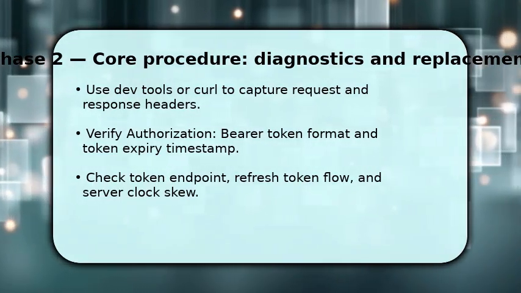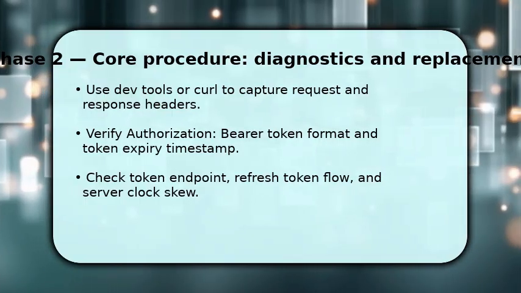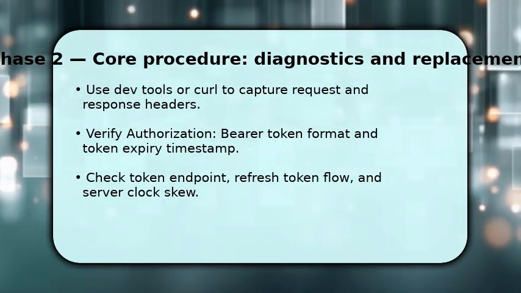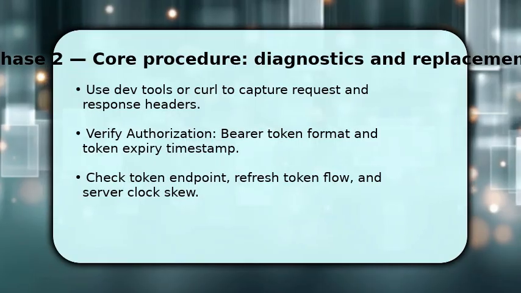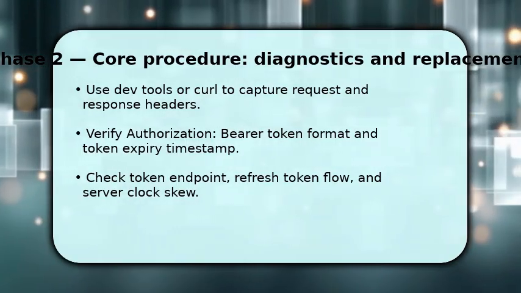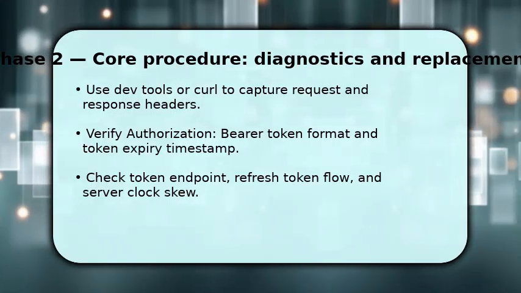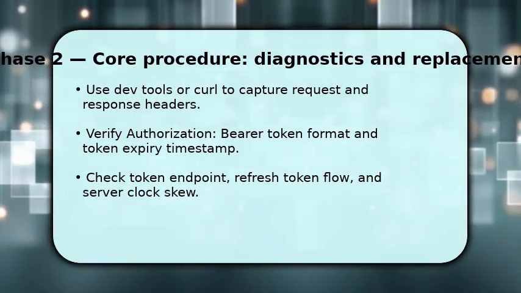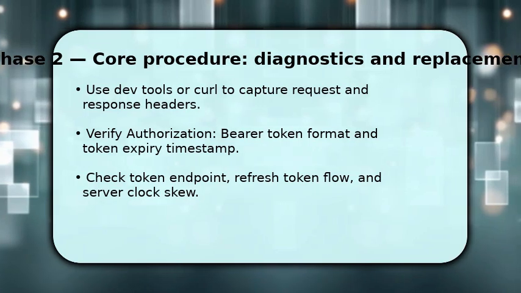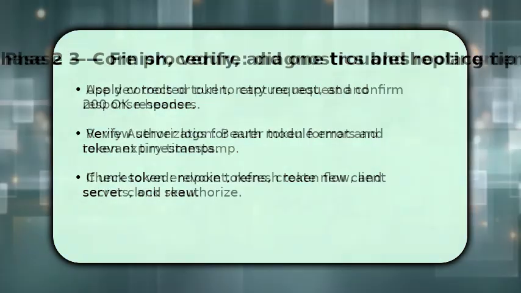If the token is expired, trigger the refresh flow or request a new token from the auth endpoint. Also compare server and client clocks to avoid clock skew issues, because even valid tokens will fail if times diverge significantly. You finish by applying the corrected authorization header or new token and retrying the request until you receive a